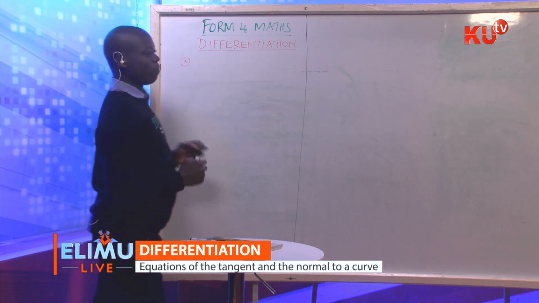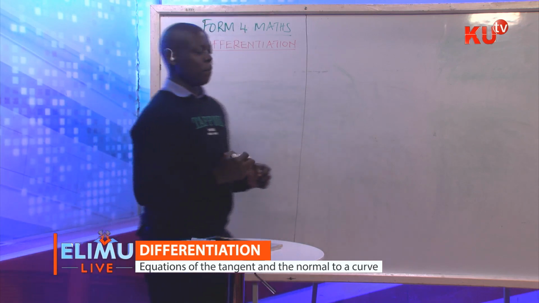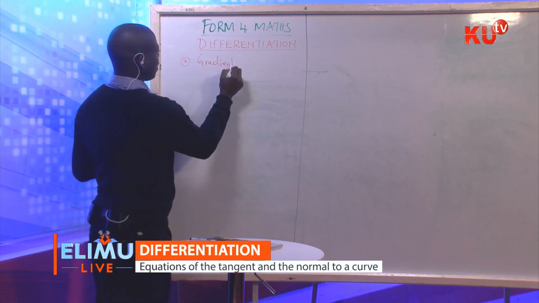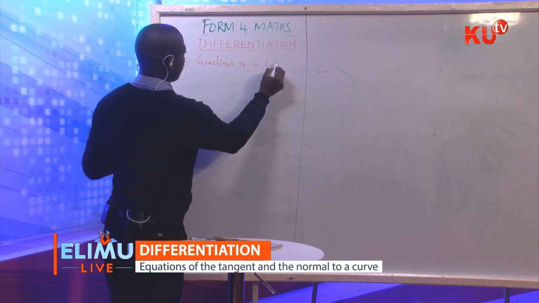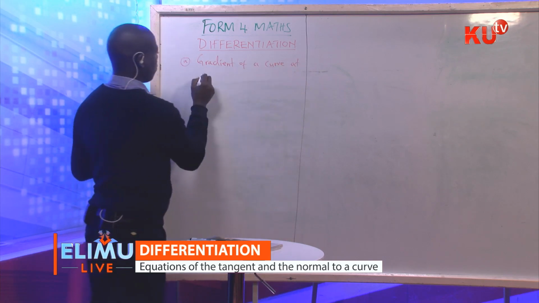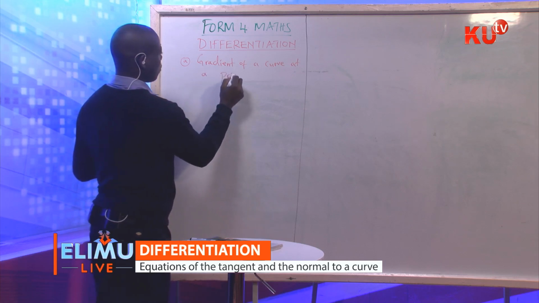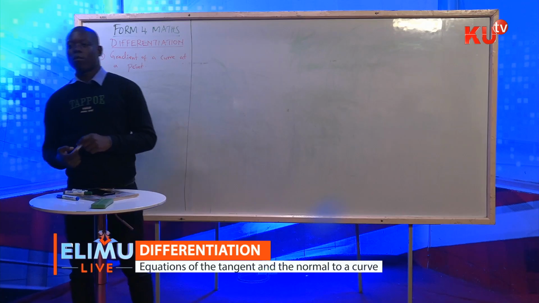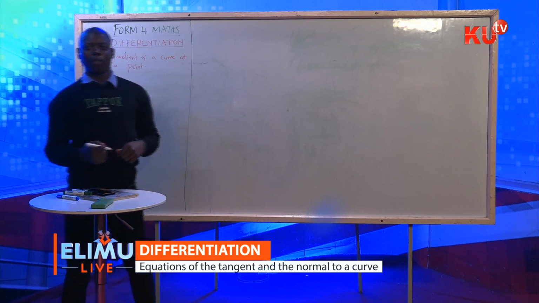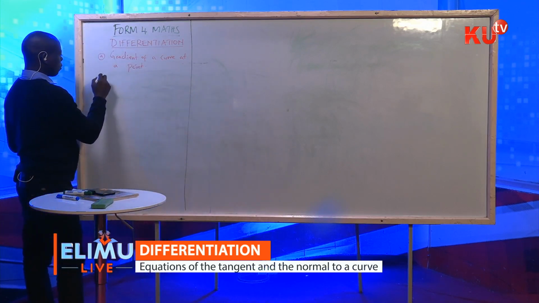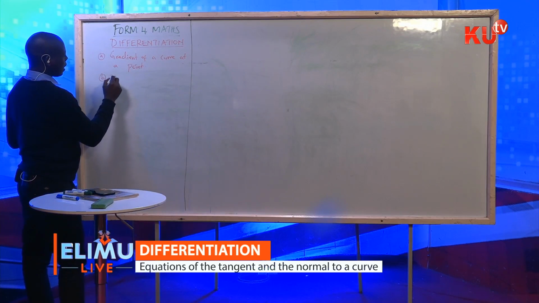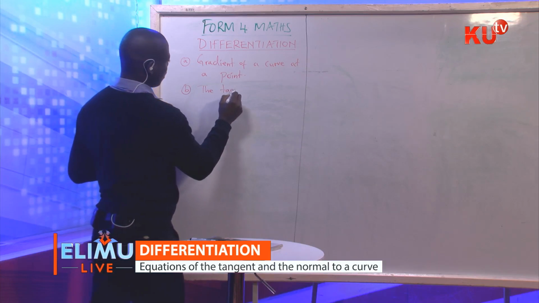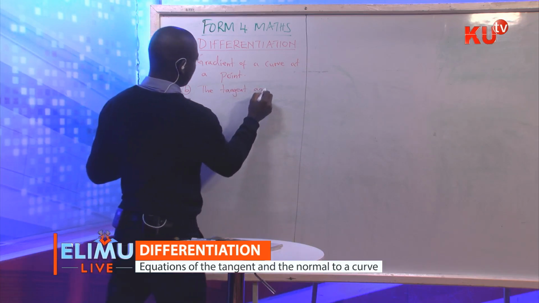Our discussion is going to be based on two items. One, we want to look at the determination of gradient of a curve at a point. We'll discuss or review determination of gradient of a curve at a point. And number two, students, we are going to look at what we call the turning points. So we shall look at the tangent, and the normal,